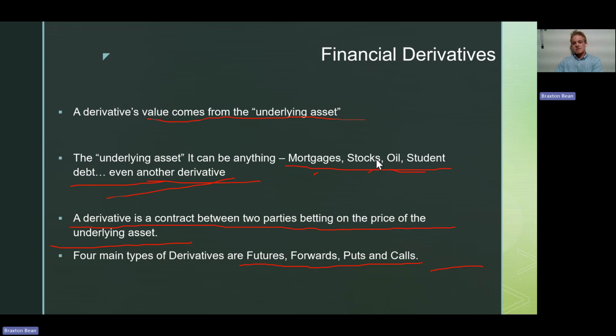And as the price of the underlying asset changes, the value of the contract changes also. However, the big difference is that it doesn't change in the same way. So when mortgages go up 1% in value, or like the debt of mortgages go up 1% in value, that doesn't necessarily mean the contract you sign goes up 1% in value. It would probably go up 2, down 1, sideways, might not do anything.